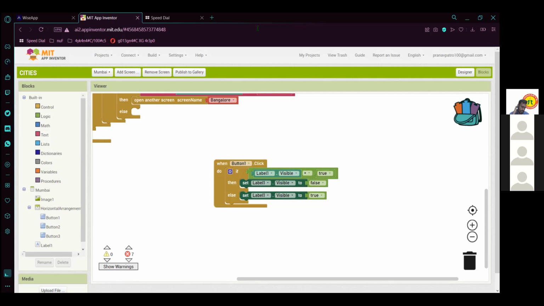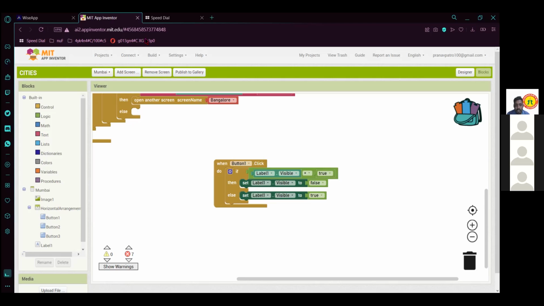So when button one is clicked, initially you should make your text visible, then only this program will work. You are just making it invisible, right? Yes, sir. So first you need to make it visible. For this program, when button one is clicked, it will check whether the text is visible or not.